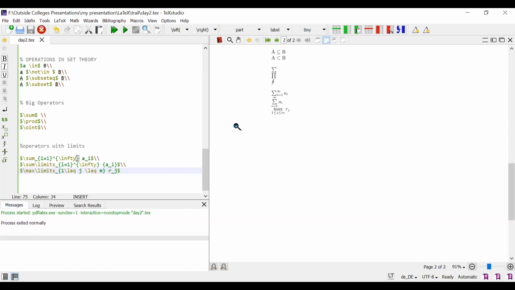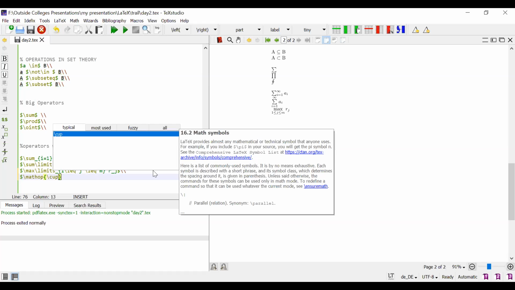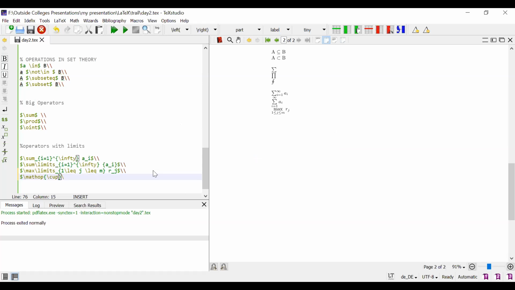Next, you can perform union and intersection with these annexures. This is a new one, this is \mathop. \mathop is a new keyword, and instead of union, we can write \cup, and then we want to use the limits on the top and the bottom. Therefore, you can use \limits.